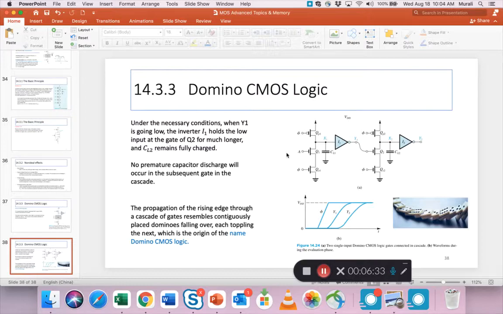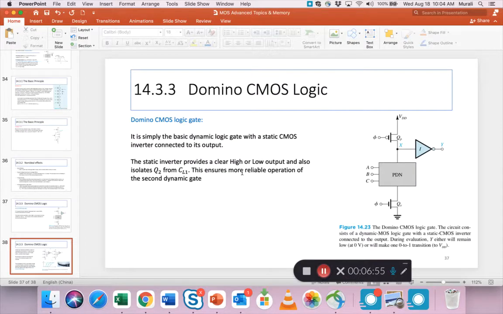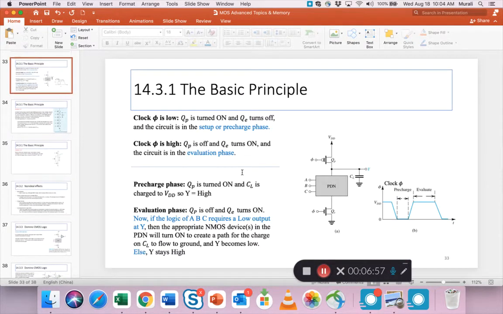So this is one technique to fix a problem with the dynamic MOS. I won't go too much into this. We're not going to look at any problems, etc. But if you ever run into domino CMOS in your life, you can come back and look at this material and begin to understand what this is all about. Okay. All right. Now I will go back to our